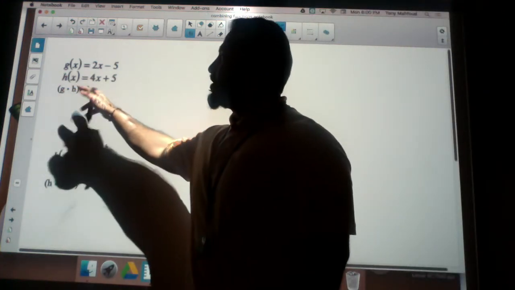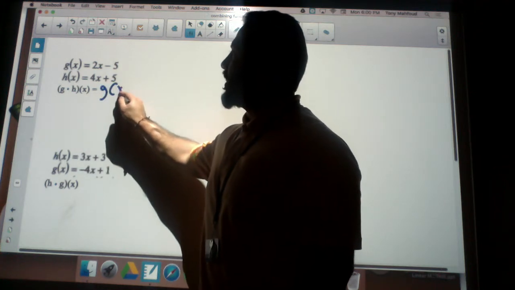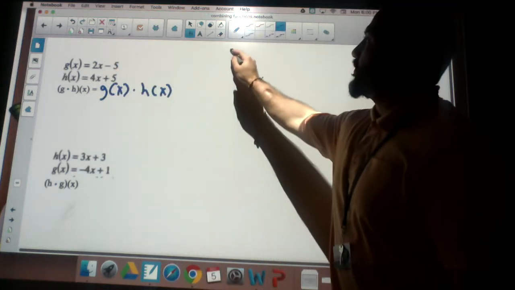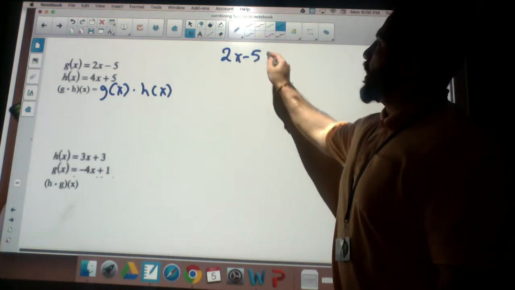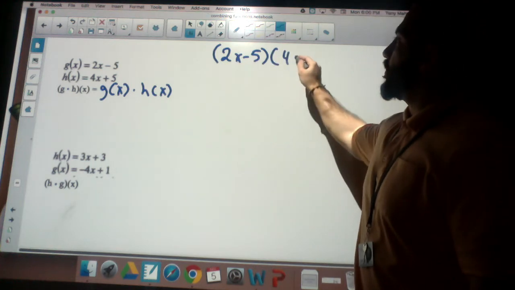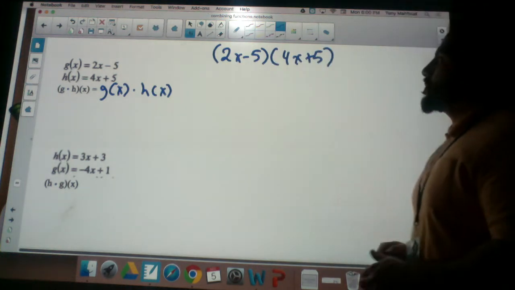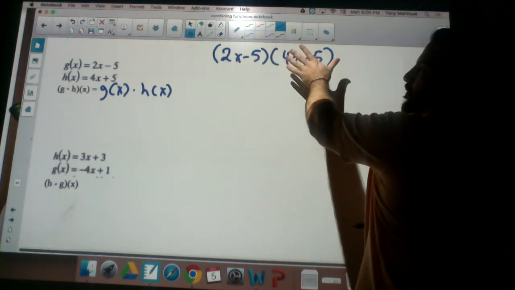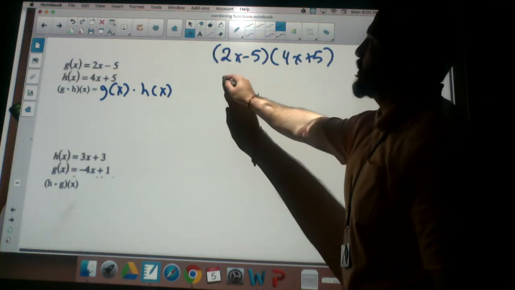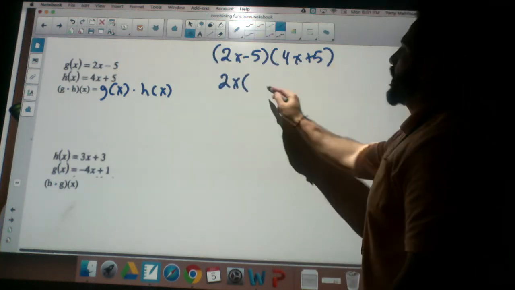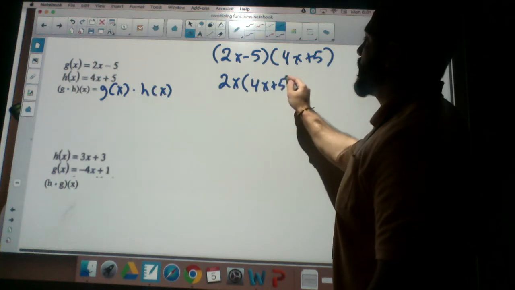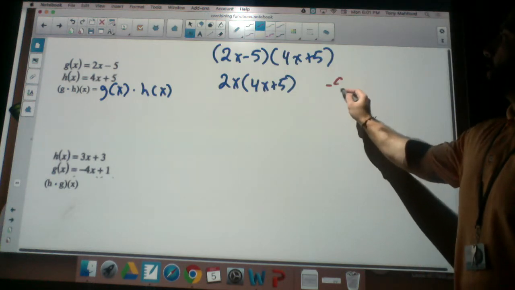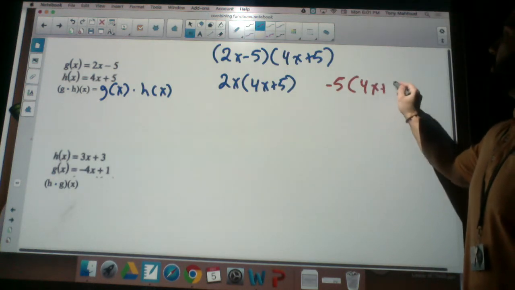So this right here is telling me take g multiplied by h, which is the same thing as g of x times h of x. So when I take my g of x, which is 2x minus 5, and I want to multiply it by 4x plus 5. So the way that I like to do this is I like to take each term and multiply it by the term in the other parentheses. So my first term is 2x. I'm going to take that and I'm going to multiply it by 4x plus 5 by using something we already know how to do, which is distributive property. Then I'm going to take my negative 5 and I'm going to multiply it by 4x plus 5,